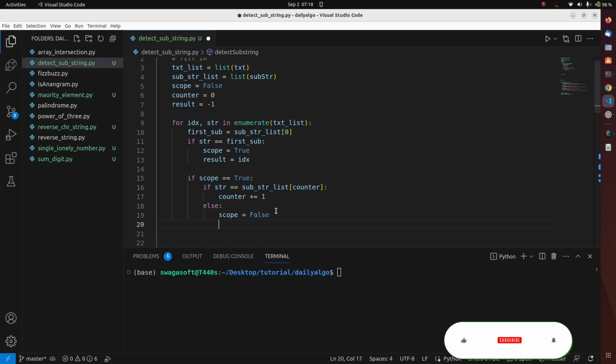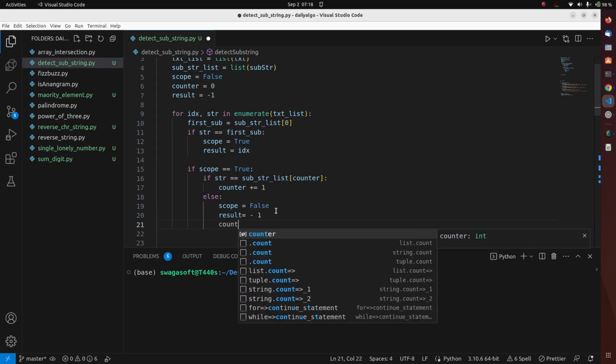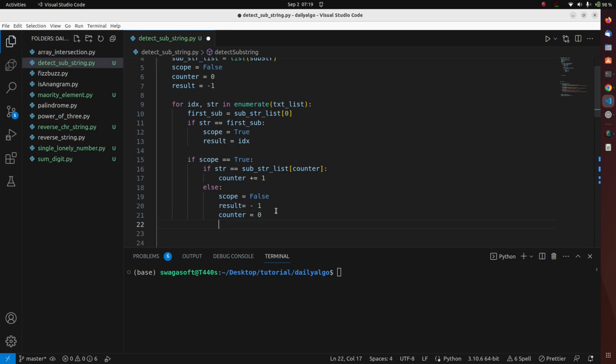Then my result should maintain its initial state, which is -1. Then the counter should also be 0. So everything has been returned back to default. However,